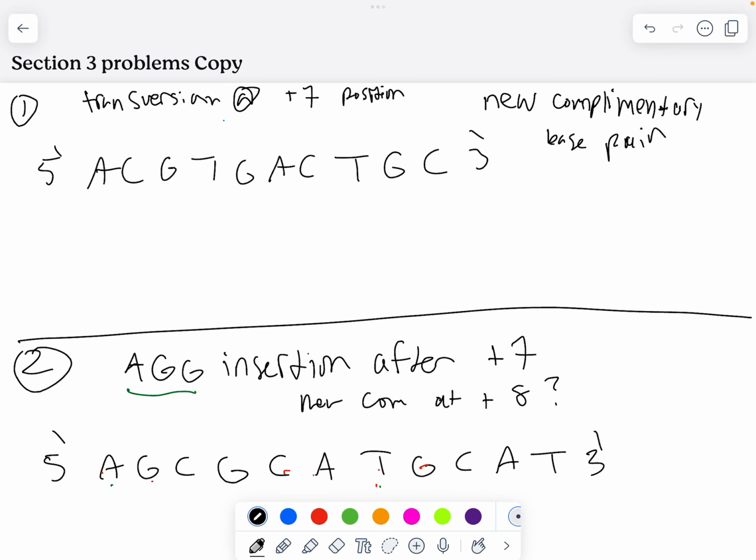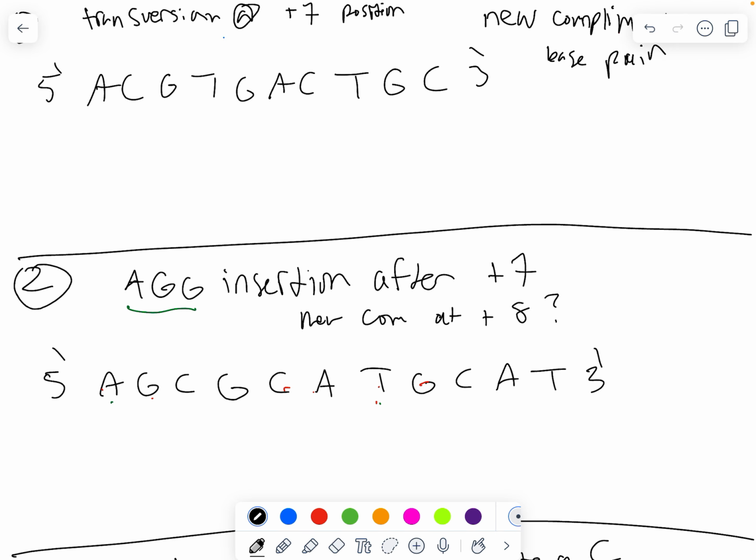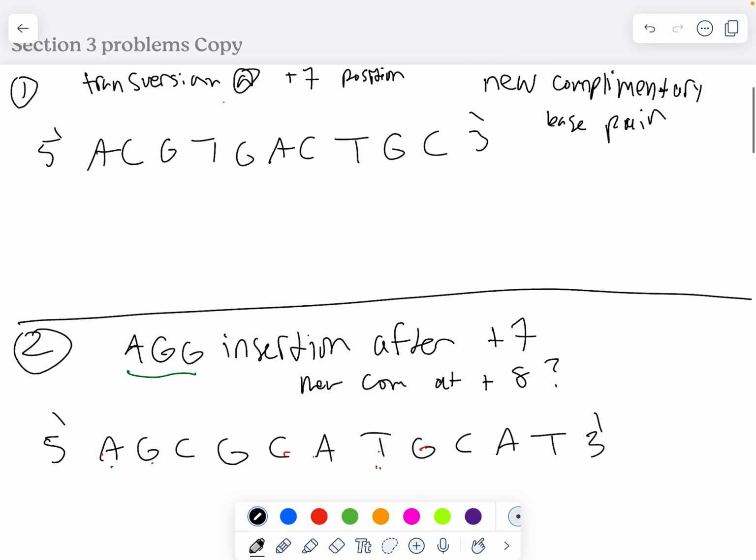All right, in our section 3 mutation problems, we want to be able to diagnose mutations and then look at what type of mutation we would expect and see what its consequences are. So for one of those kinds of problems, I'm going to tell you that you're going to have a transition or a transversion at a particular place in a DNA sequence. And then I'm going to ask you what the new complementary base pair would be at that position after one